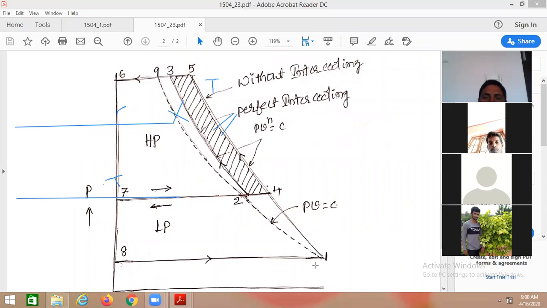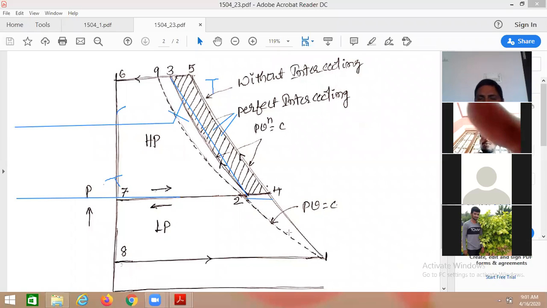So if single stage compression happens continuously, but in multi-stage compression, here in the first stage of compression, the cycle is constituted of 1-4. Next, after reducing the temperature to a value corresponding to 2, from here the next stage of compression must begin. So how is this shifting of state point possible? By sending it to the intercooler, there is a drop of temperature from 4 to 2. Then 2 is same as 1, theoretically.